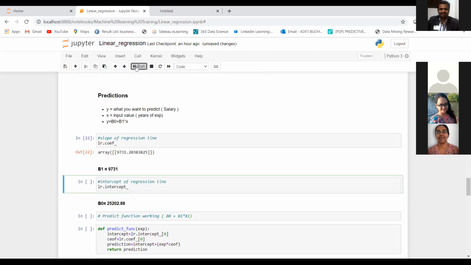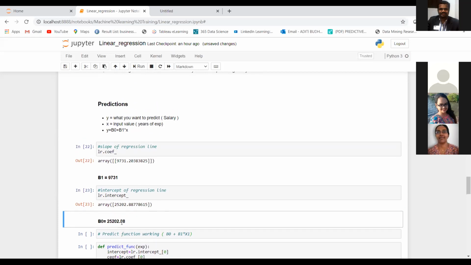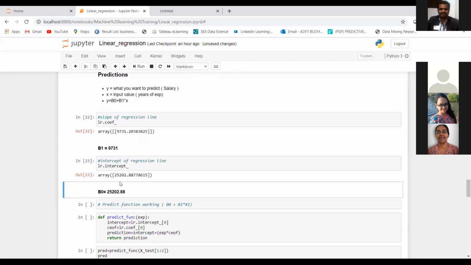We will run this, and this is the value that we got: 25202. These two values, beta 1 and beta 0, have been figured out by our model. Now in order to predict the y values, we will just substitute the value of x over here, and then we will get the y value.